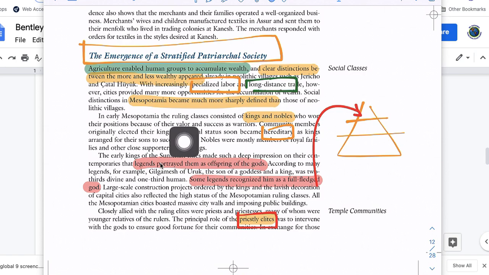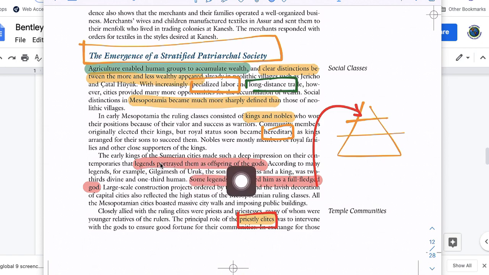And they're going to get that because of their success as warriors. That's an easy one to understand, but then they have children. And then their children have children, right? So now we have grandkids. And now we're going to start to look at royal families. And is it being passed down in a hereditary manner? Later, we'll see how the legends of these folks are going to be portrayed